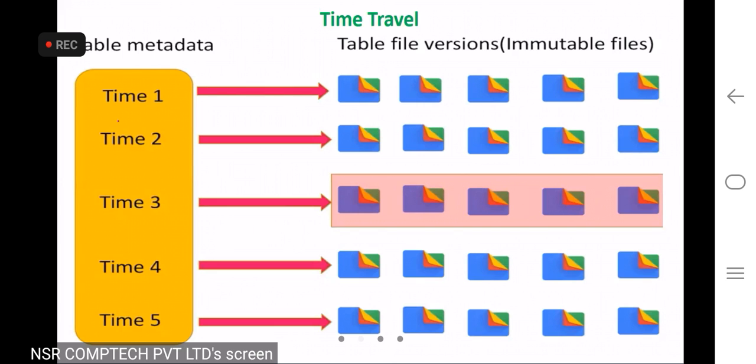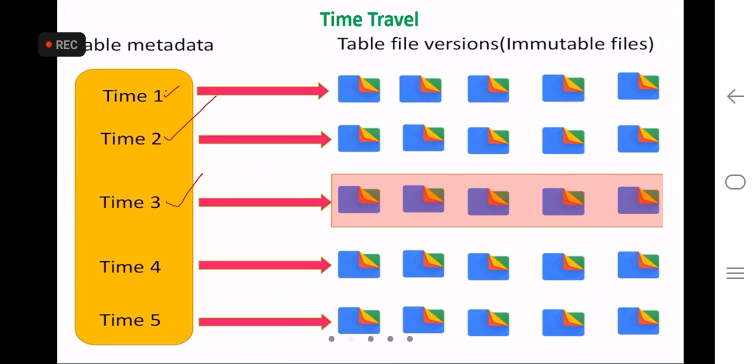Okay. For example, in time 1, in the sense, day before yesterday I have loaded a few files, and yesterday I have loaded a few files, and today I have loaded a few files. So whenever we are loading a file from an internal staging area or external staging area, that will be maintained in file version format in the backend. Okay, so these file versions are completely managed by the cloud services layer,